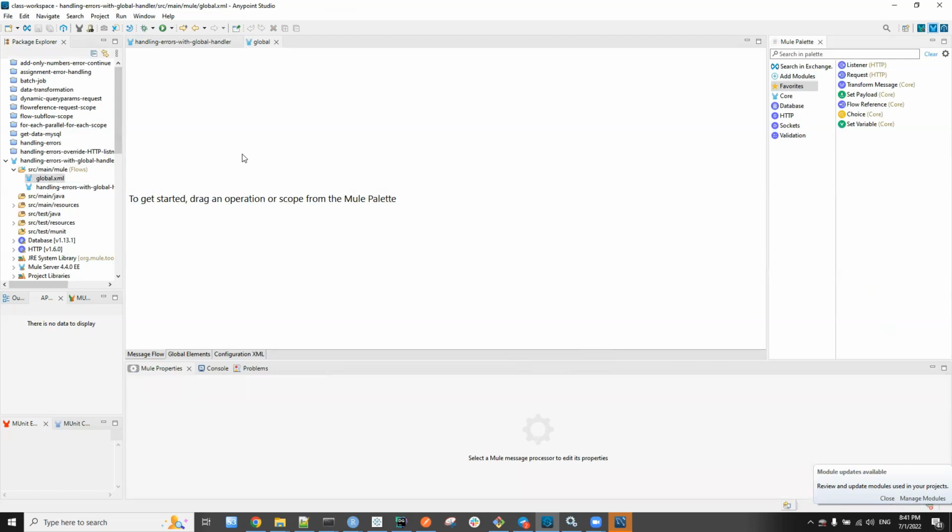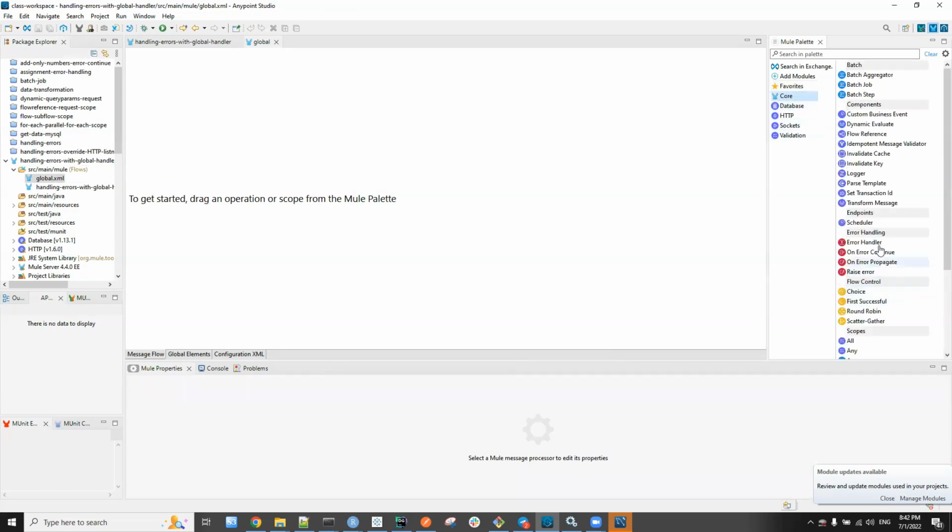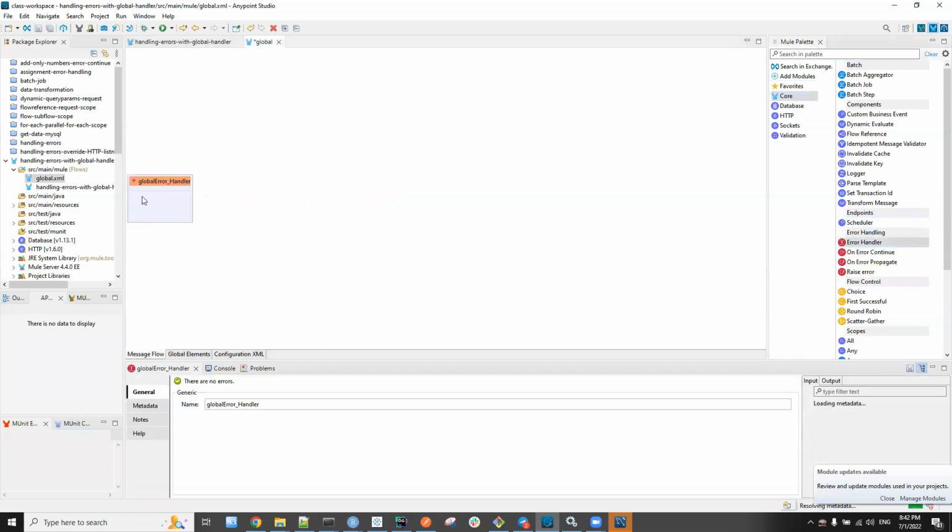So to create a global error handler, the first thing is you go to core, and under error handling, you drag and drop error handler. Under this error handler, you can drag and drop multiple combinations of on error continue and on error propagate, where each one of them handles custom types of errors, or you can have one error handling scope for every type of error. So let's just have one error handling scope right now.